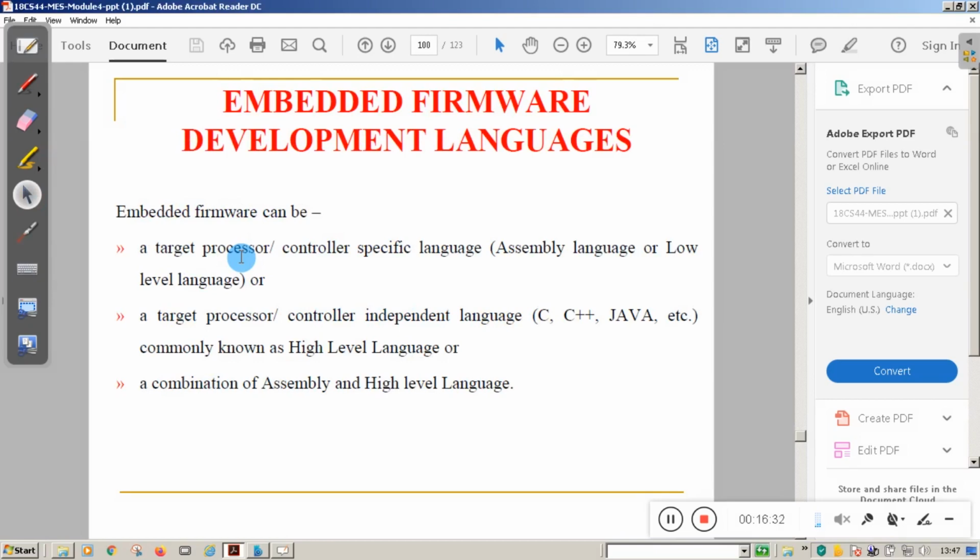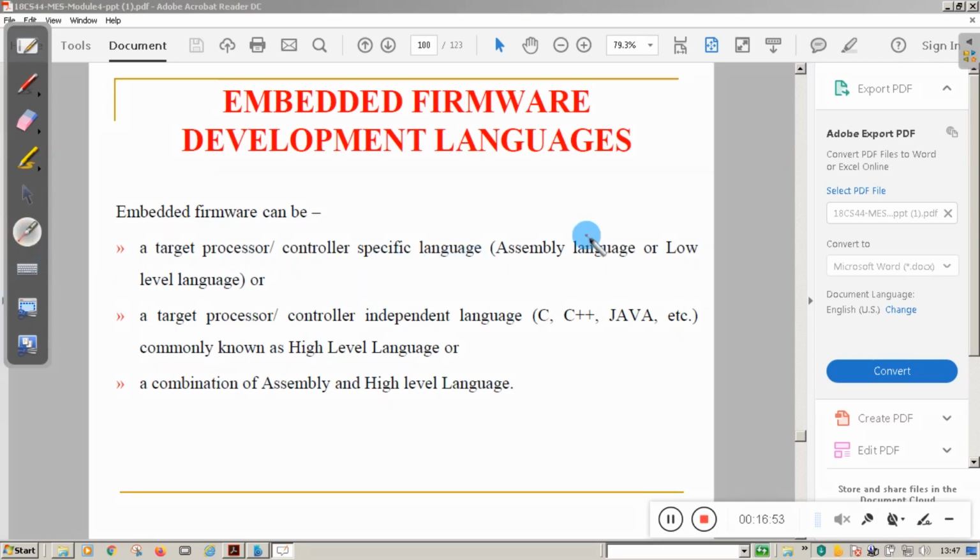Now, embedded firmware development languages. Embedded firmware can be developed by using assembly level language, low level language, or high level language. But everything is based on the target processor. If it is developed by using assembly language or low level language, then it depends on the target processor or controller specific language.